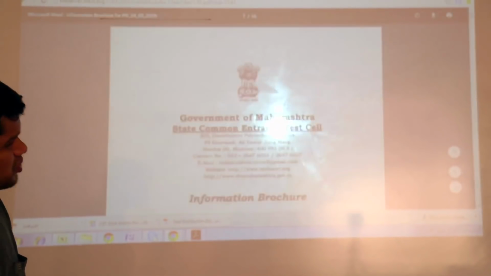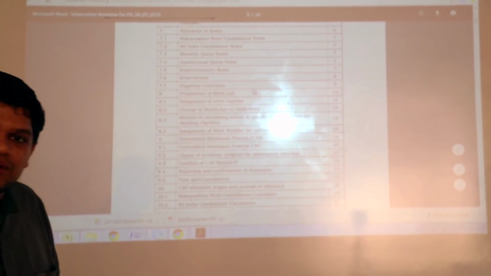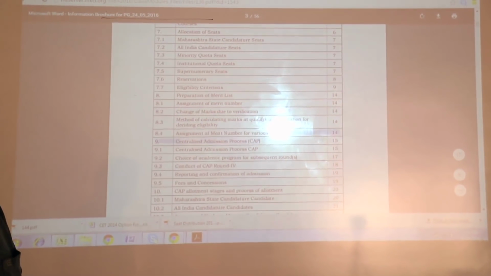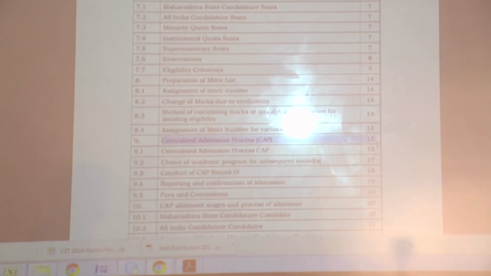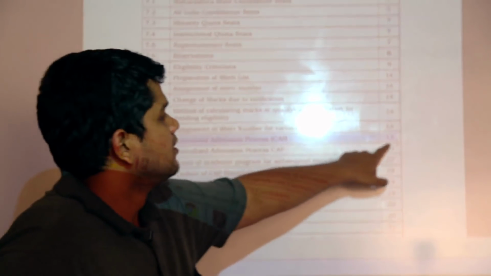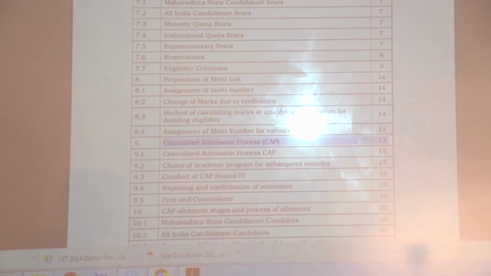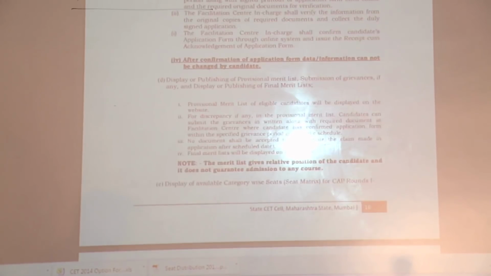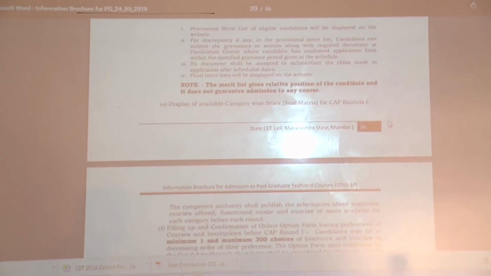So just go through that brochure in case you want to understand what the procedure is like. On page number 15, they have given the detailed procedure for cap rounds. When you visit page number 15, they have explained what the cap rounds are like for all the courses,